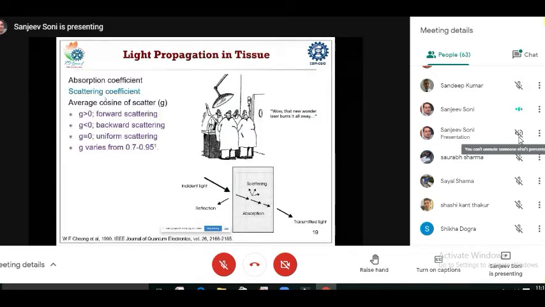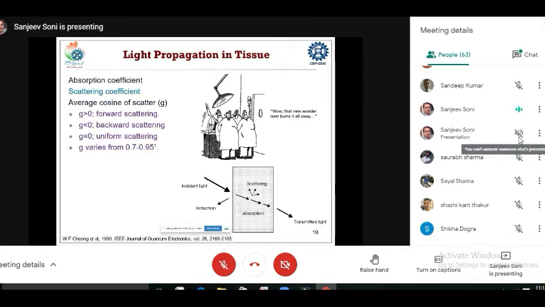And also when we have a heterogeneous distribution of nanoparticles in the human body, we need to also study the light propagation in the bare tissue itself. Because when light comes in contact with the nanoparticles, it will immediately get absorbed. But when it comes in contact with the plain tissue or the bare tissue, these phenomena occur. Part of the incident light gets reflected, some of the light will be absorbed, some will be scattered, and some of the light can be transmitted. So there are three main terms which are used for light propagation: the absorption coefficient, the scattering coefficient, and the average cosine of the scatter. This number basically tells us whether we have a forward scattering or a reverse scattering of the light.